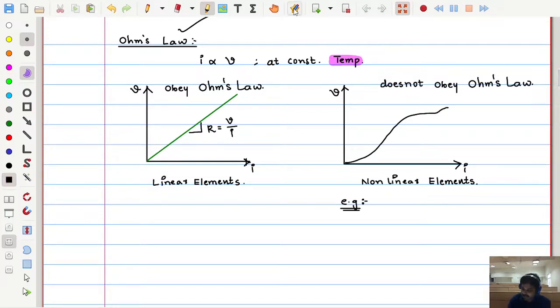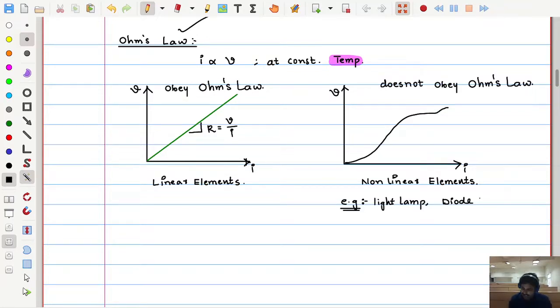Now such an example you can look for in reality. You can take a light lamp. You can observe that once you switch on incandescent kind of lamps, after some time the temperature will rise. That means temperature is not maintained constant, thereby the voltage-current relationship is not like a straight line. So that is one of the non-linear elements. And the other element which you see regularly is the diode. You can see the diode voltage-current characteristics will not be a straight line. So these are examples of non-linear elements.